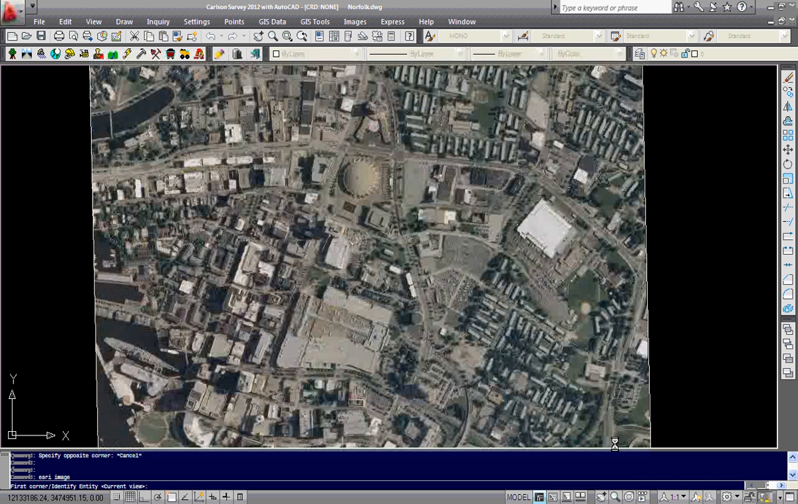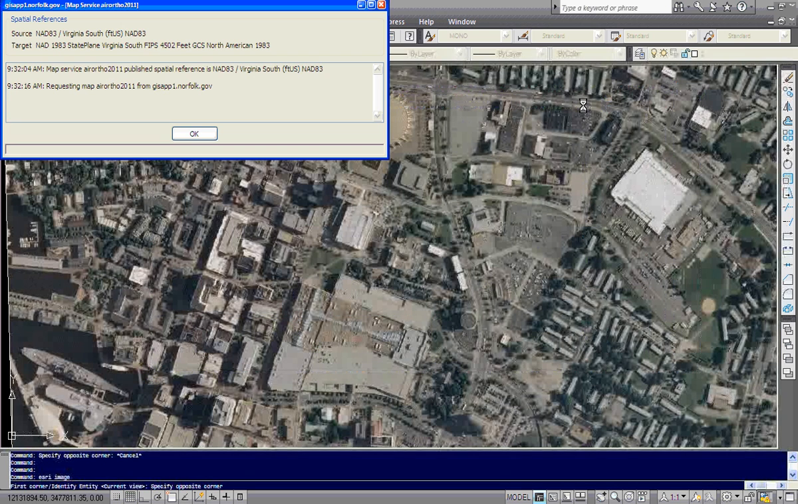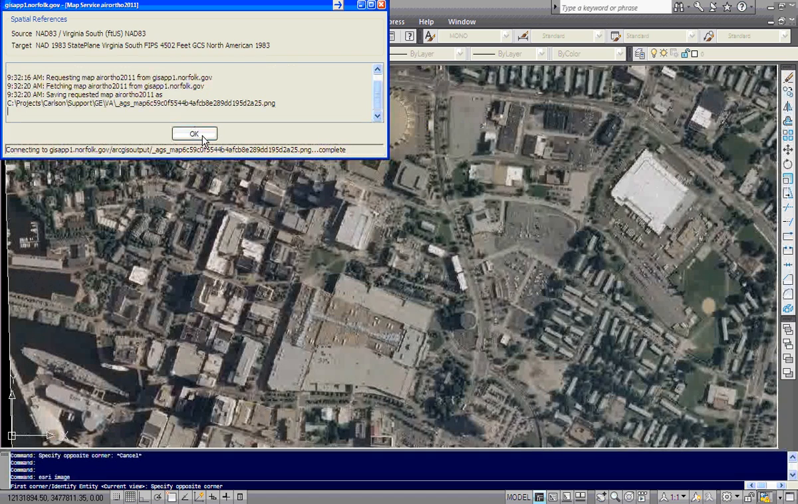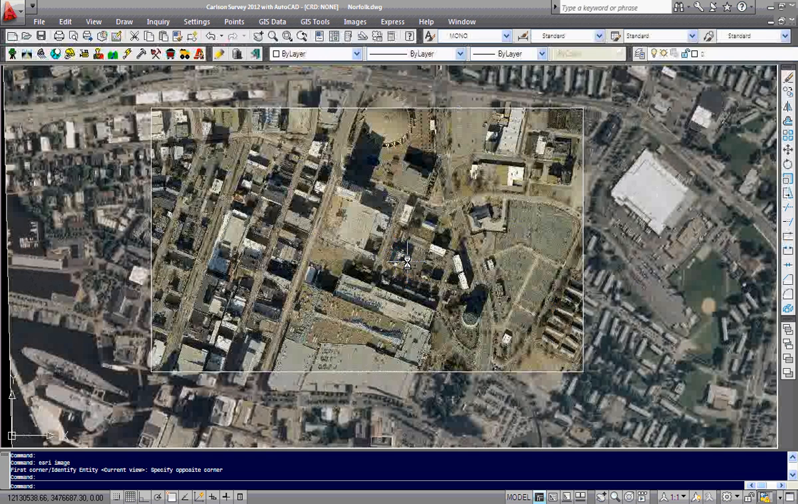We click OK, and it prompts us for the spatial extent of interest, and we'll zoom in here and expand a bit beyond our locus of interest just for context. The command makes the appropriate request and places the image for us on the layer we've specified. Now if we reconnect again to the city's ArcGIS server,